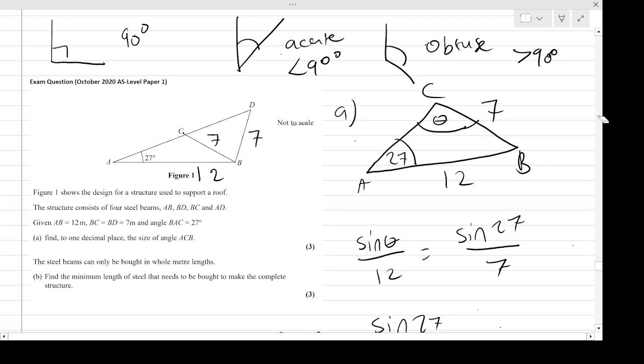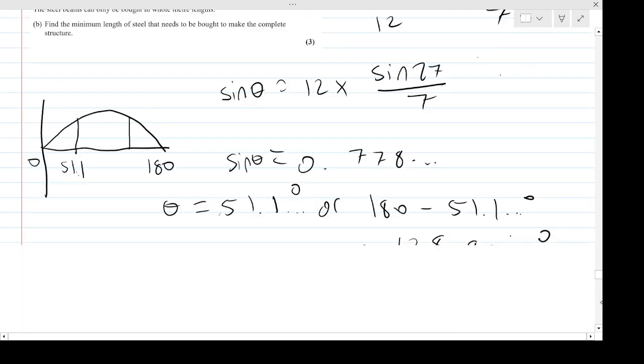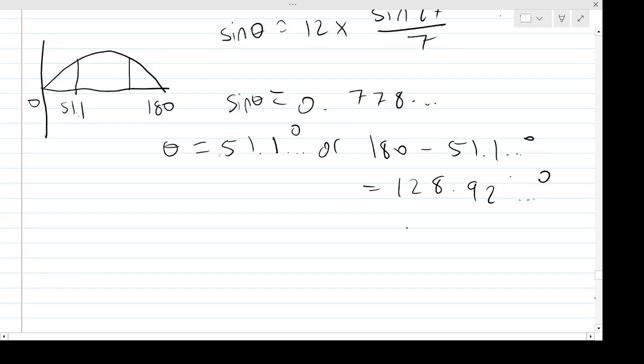You can also alternatively, if it helps, consider the other angle here in the triangle, which is clearly acute, right? The right angle would be there, but clearly we only got this part of the angle. So it's acute, so we've got two acute angles, and because this one's 27, that means this angle here has to be obtuse, right? So we need to visually see the diagram to work out it's going to be an obtuse angle here, right? Obtuse angle, so it's going to be above 90 for theta. So that's literally what I have to do,